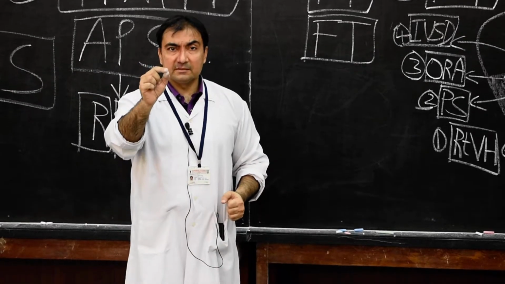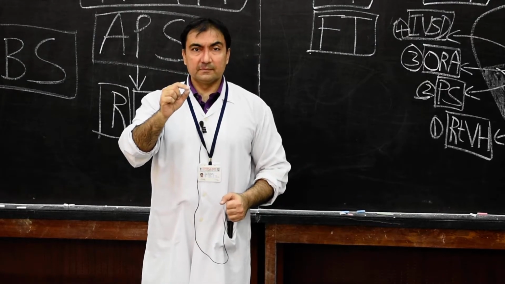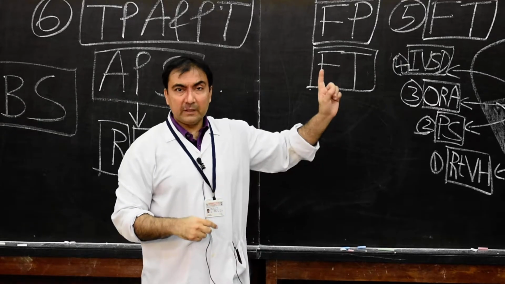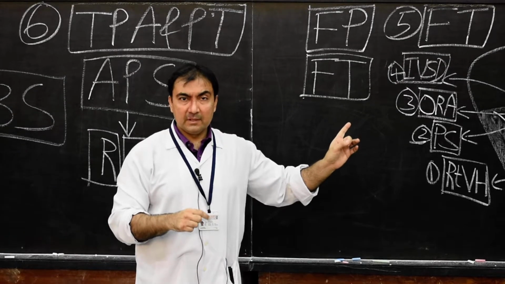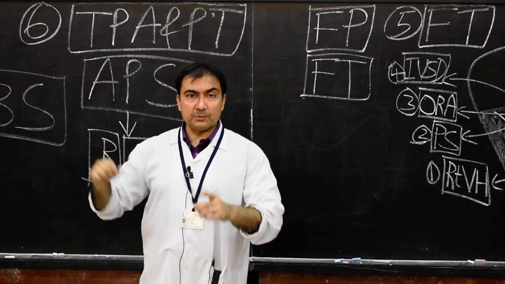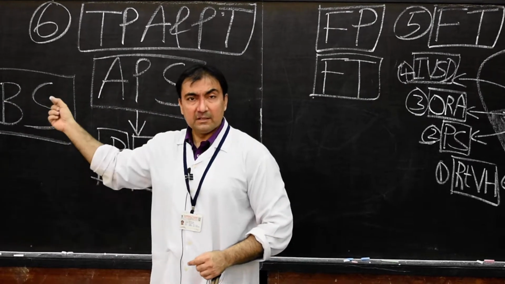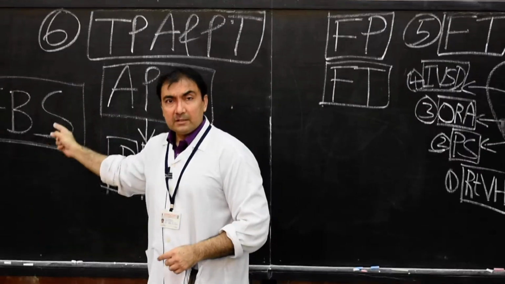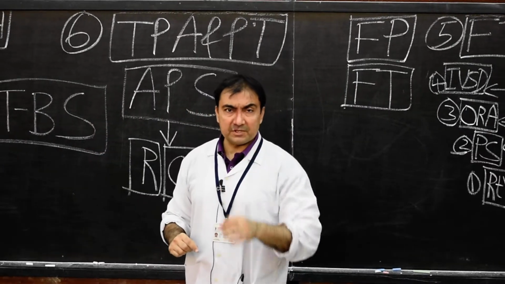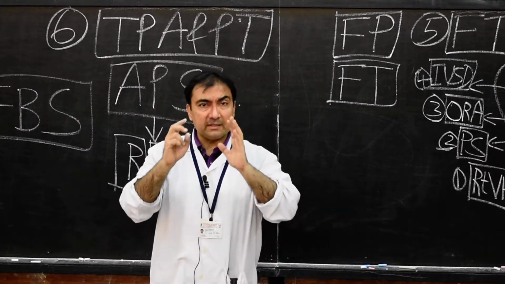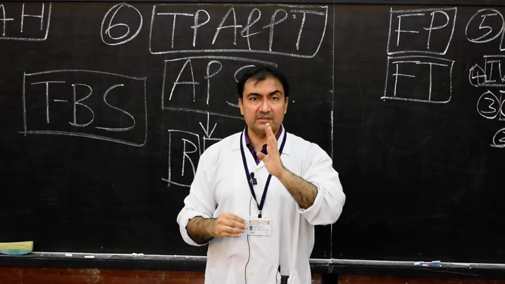Remember, if you are asked simply, what are the anomalies related with truncus arteriosus and bulbus cordis? Two anomalies. They are Fallot's tetralogy, and along with Fallot's tetralogy, Fallot's pentalogy and Fallot's trilogy. And the second one will be transposition of aorta and pulmonary trunk, and the syndrome which is associated with it will be Taussig-Bing syndrome. So these two anomalies are frequently asked in one mark question answers in MCQs, and both the anomalies are concerned only with truncus arteriosus.